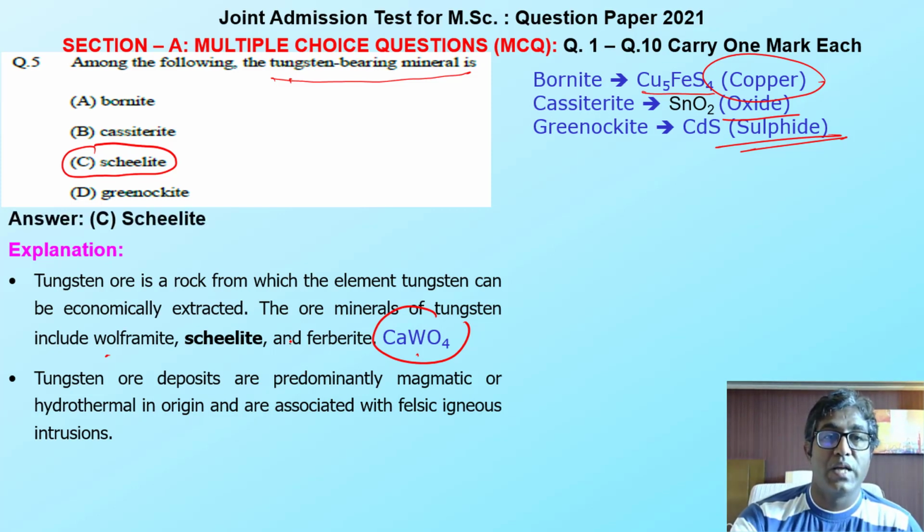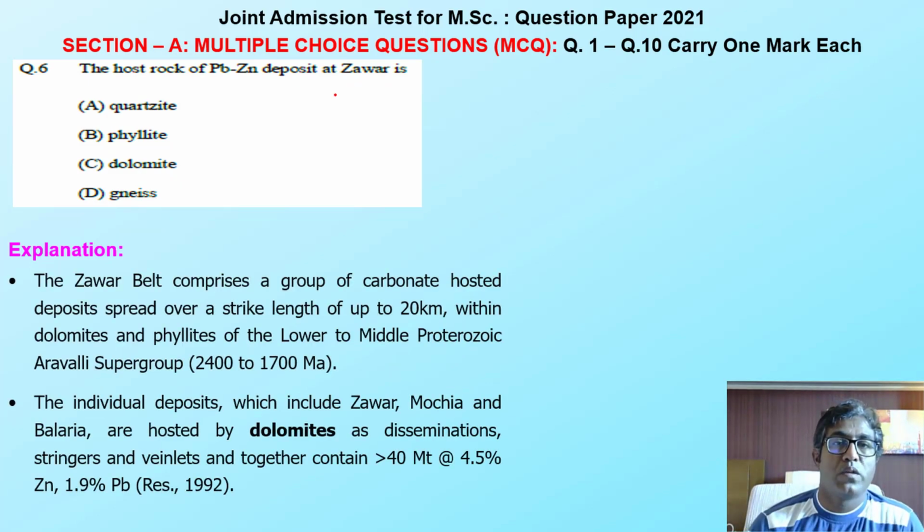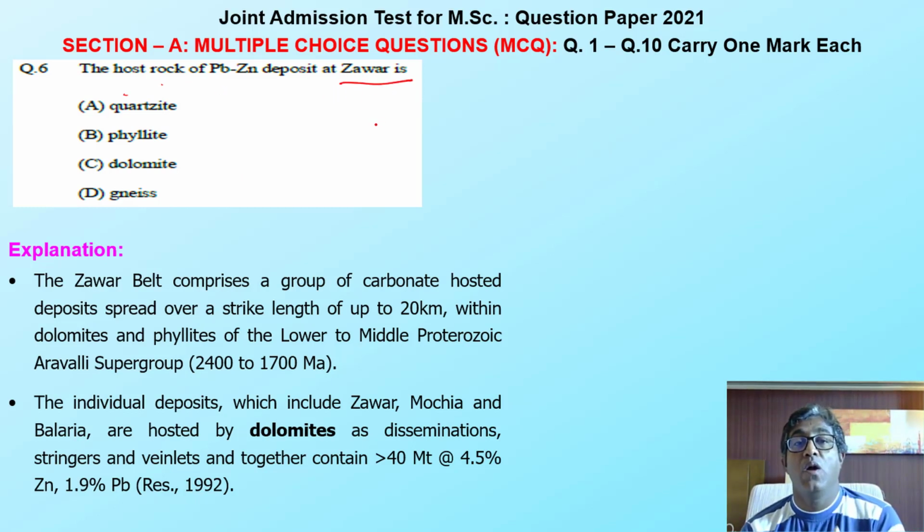Okay, so the answer is scheelite. Moving to the next question, let's see what the question states. The host rock of the lead-zinc deposit at Zawar is... it means we have to identify the host